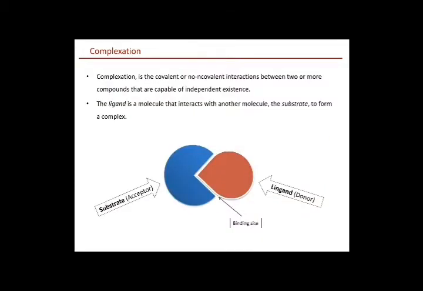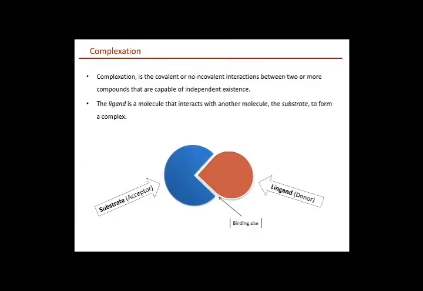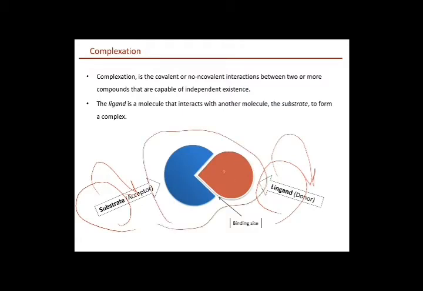By the way, what do we mean by donor-acceptor reaction or mechanism? Generally, as a general rule, complexation reactions happen between a substrate and a ligand. The substrate is the acceptor, the ligand is the donor. As you see in this demonstration here, this is the ligand and this is the substrate, and we have a